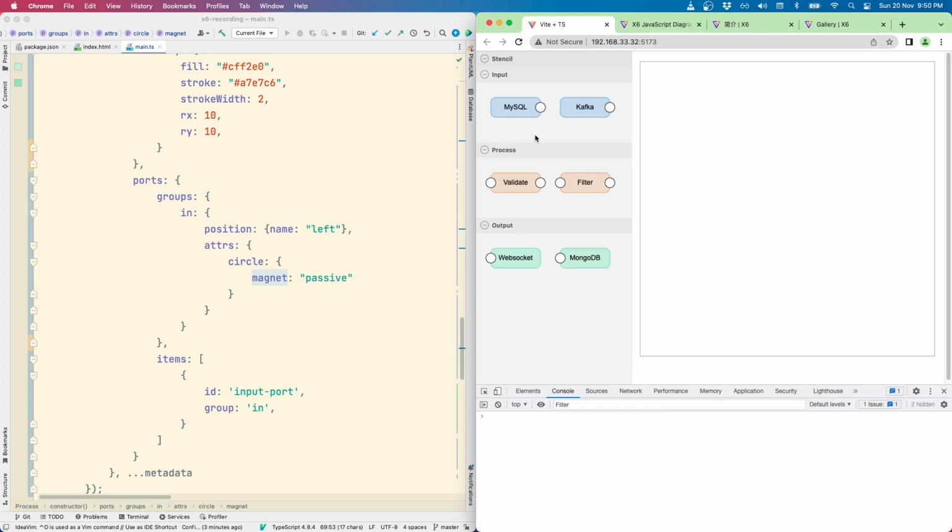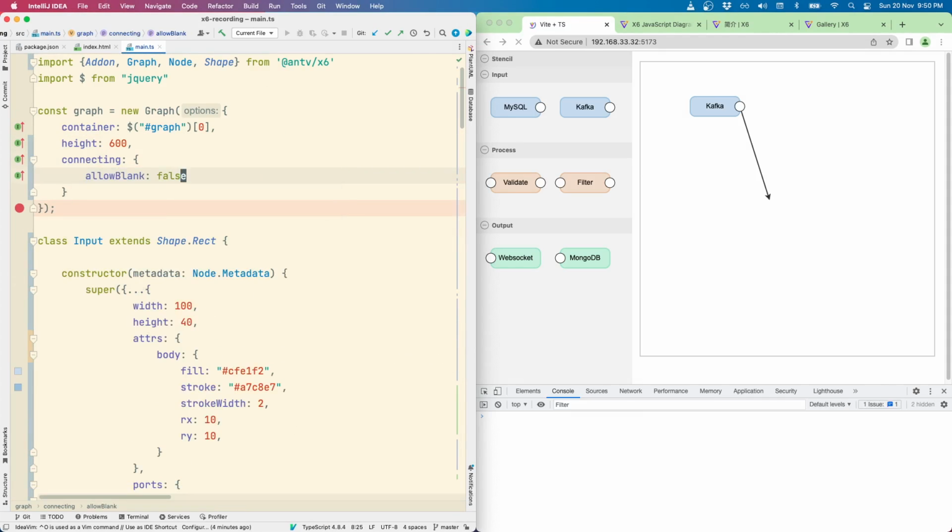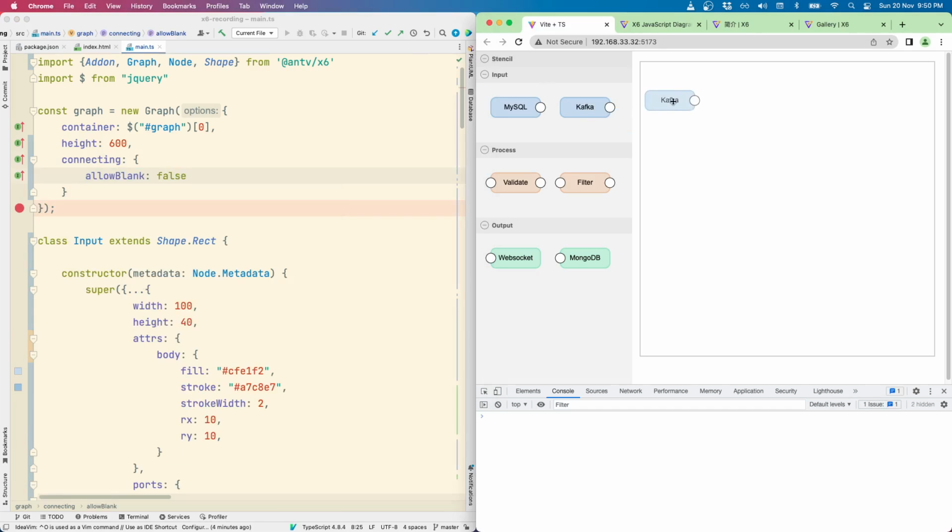Okay, so there are a few problems here. And the first problem is that we can have an edge that doesn't point to anything. So let me show an example. I created this, and then I create a node with an edge, and see it doesn't point to anything. So we can fix this easily by just setting a parameter in the graph. So now when we create an edge that doesn't point anywhere, it gets deleted.